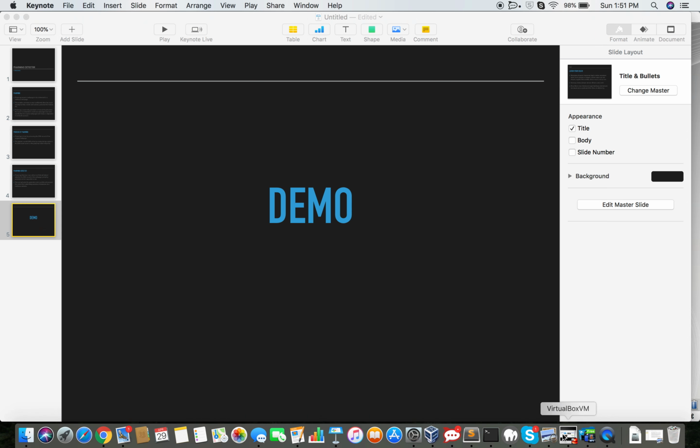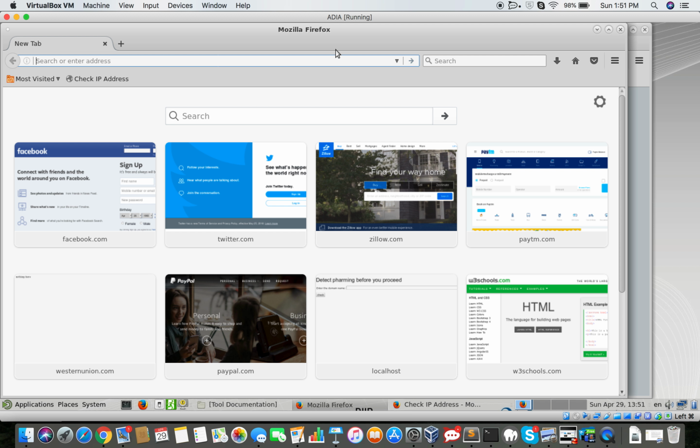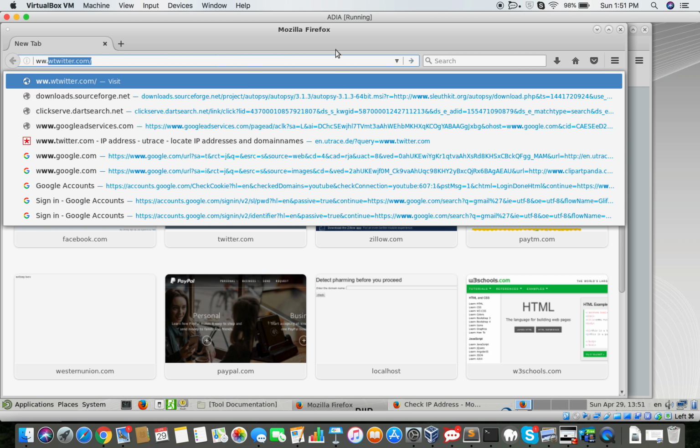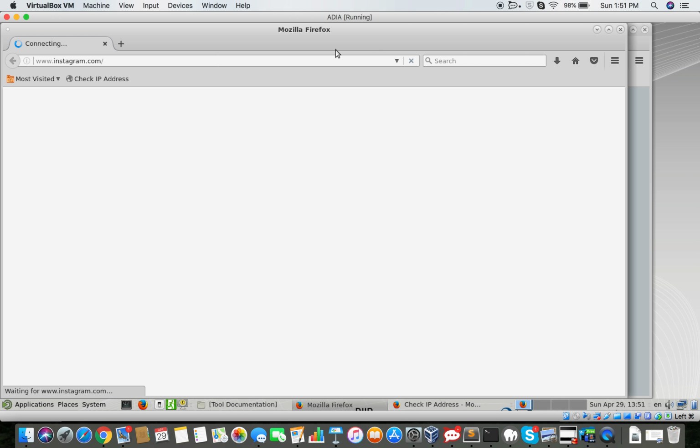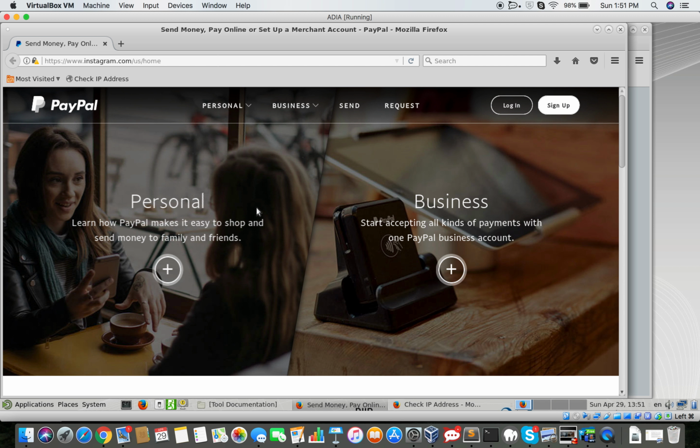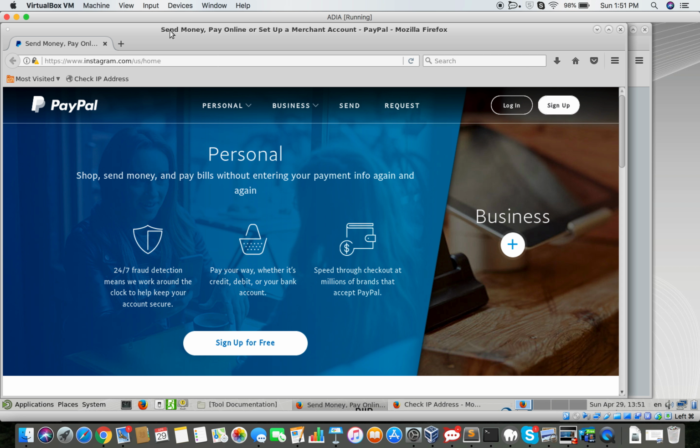So for this, I'll just start it on a VM. First, I'll show you how the page is pharmed. So let's go to Instagram. We all know how Instagram's homepage looks, right? But in this case, you're navigated to PayPal. So for demonstration purposes, I've shown two different web pages. It doesn't look exactly the same as Instagram's web page, but when a crime is actually going on,